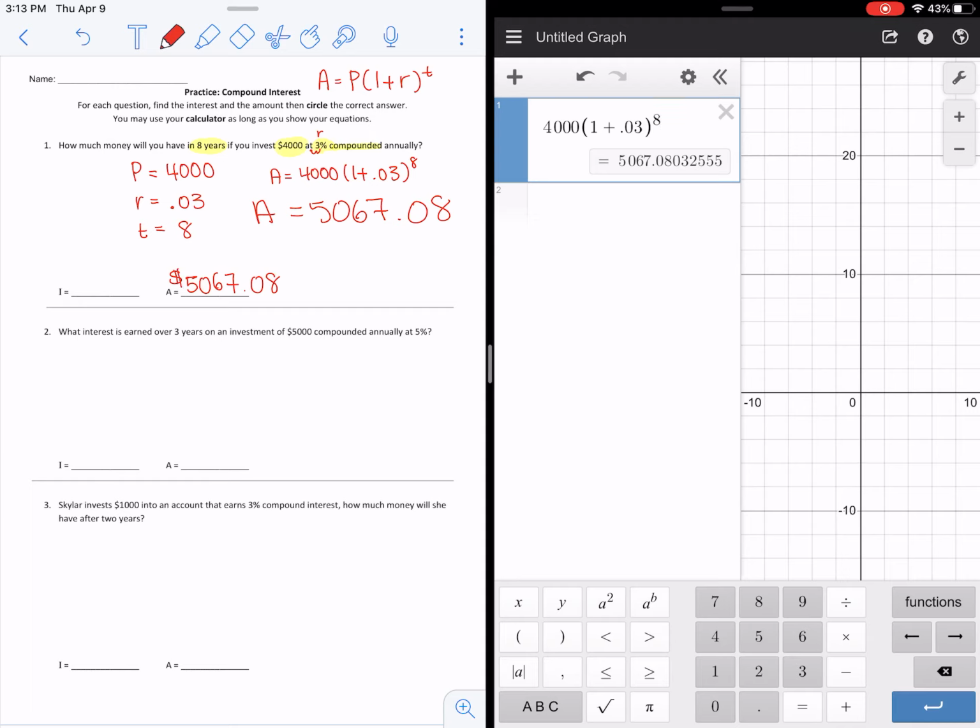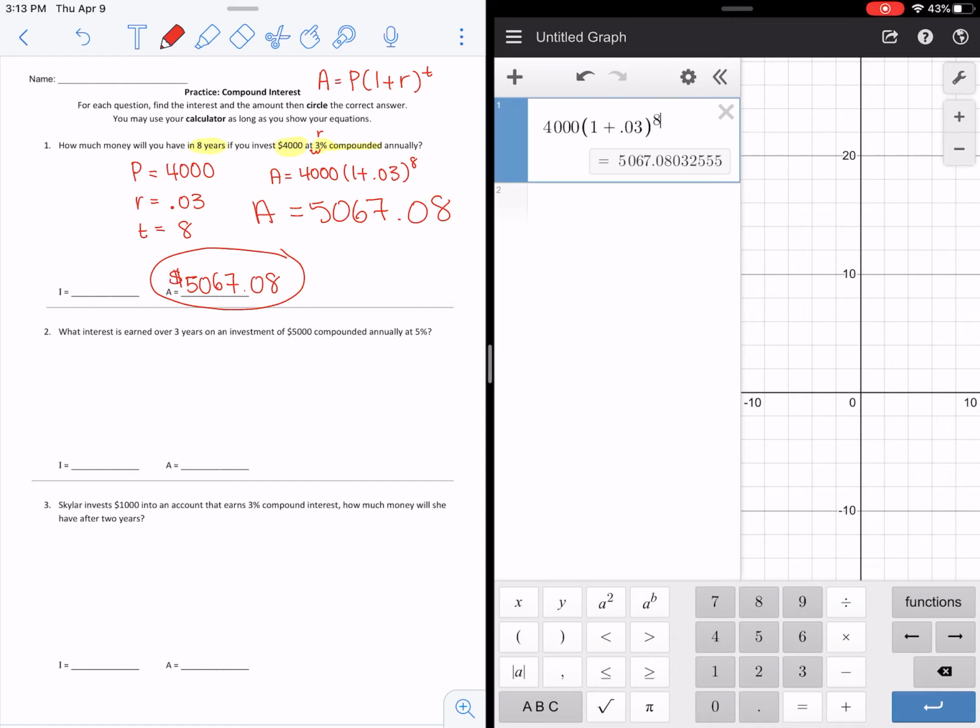So I'm going to see if it was asking for the interest or the amount. It said, how much money will you have? So it's asking you how much in total money will you have after 8 years. So we do not have to take that extra step. We just have to find the total amount, and that would be $5,067.08. If you were to give me the interest for this one, all you would have to do is subtract